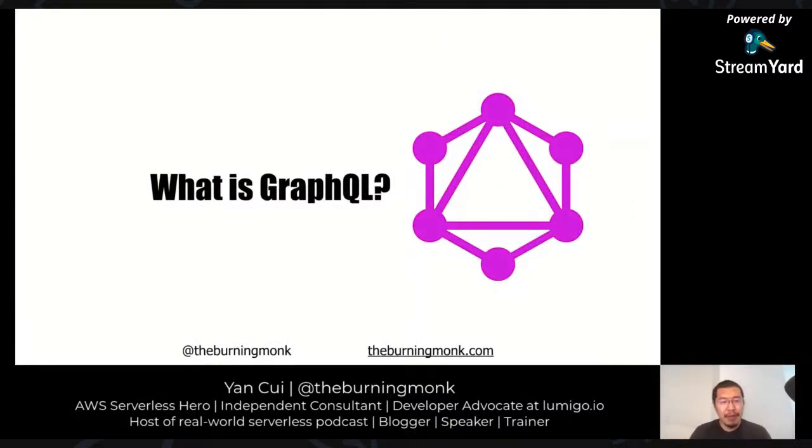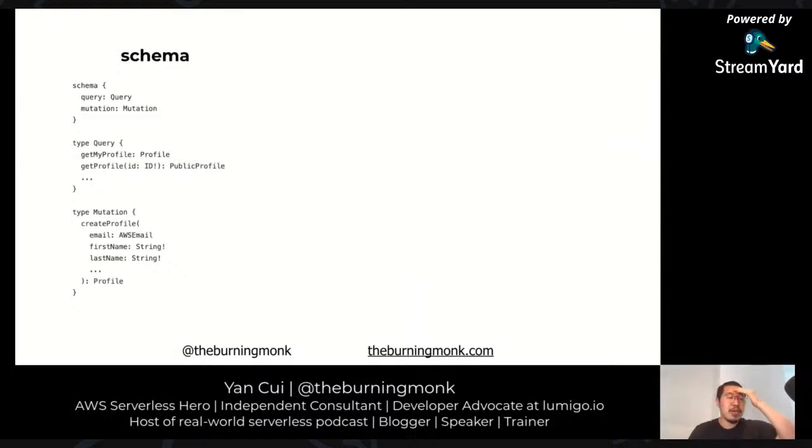Going back to the topic at hand, I'm sure most of you are familiar with GraphQL already, or at least you have heard about it, so I'm not going to take too much of your time here. Essentially, GraphQL has a schema language that allows you to define data types and operations that you want to support, including queries for fetching data and mutations for, well, mutating data in your system. The client is going to send a query or mutation to a GraphQL server, and Apollo is probably the most popular implementation for a GraphQL server.